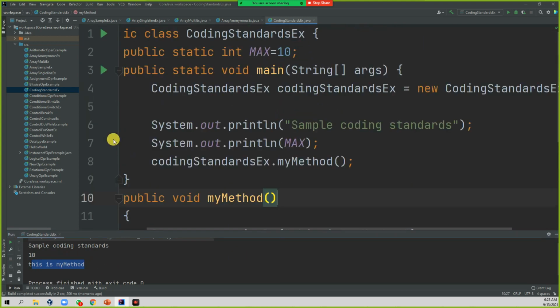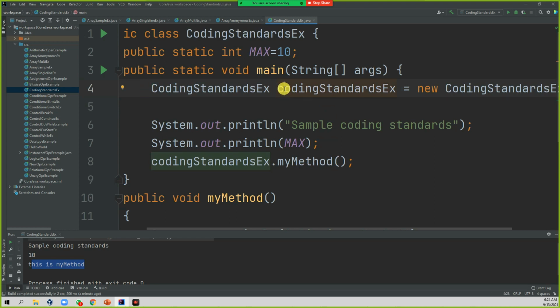One thing to keep in mind here: whatever logic you have written, this class name is followed by the reference name. When you're making the object, this is the reference name, and the reference name is followed by the method name. If you see the coding standard, the class name starts with caps, but the variable name is in small.